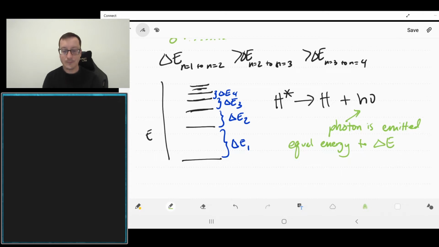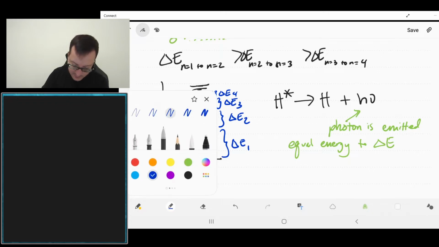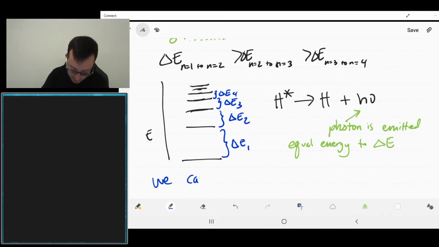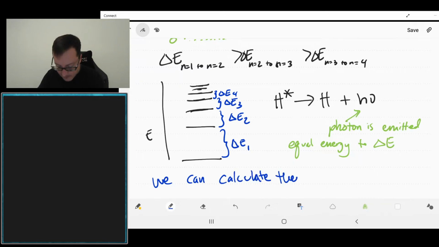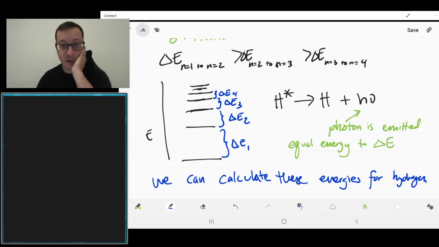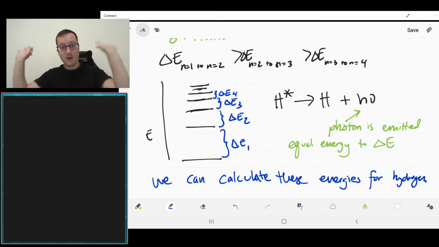All right, so let's see what we can actually do with this. We can actually calculate these energy states for hydrogen. I have a formula for us here. We can calculate these energies for hydrogen. The minute you go to helium and you add more than one electron to the system, oh my gosh, it gets crazy. The amount of math required to work with a helium atom instead is astoundingly high,